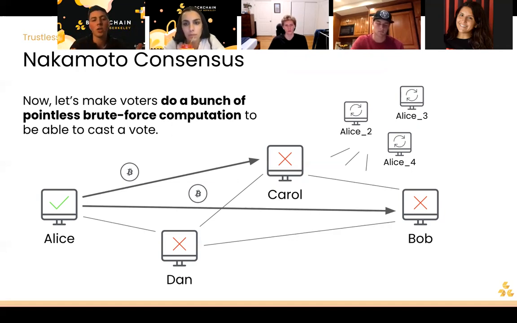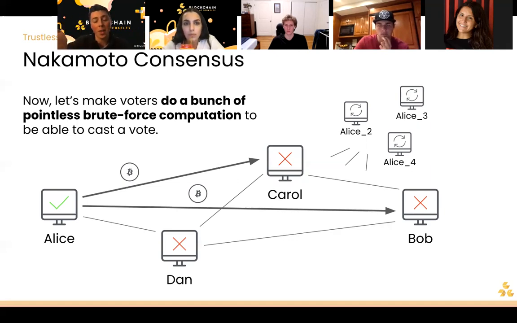A good analogy for what it requires is, imagine each device has to solve its own puzzle. Metaphorically speaking, the puzzle is like covering your eyes, blindfolding yourself, and just blindly throwing darts at a dartboard. Imagine that the only time you can propose the next block, or go on to the next stage of the transaction, is when you've hit that bullseye. Imagine you're 100 feet away trying to hit a bullseye this big. It's going to take a lot of time and be really difficult.